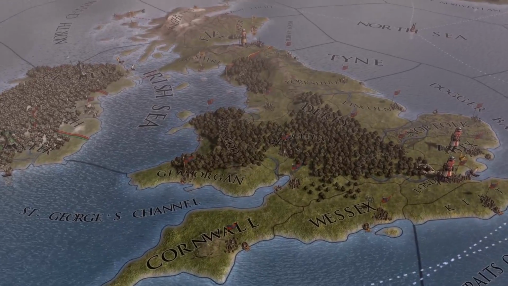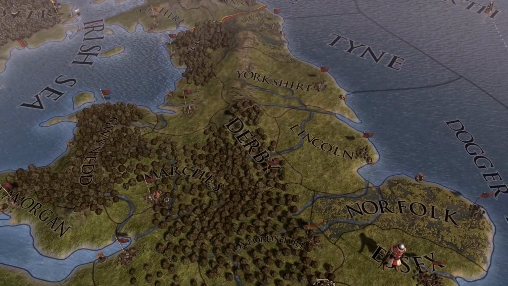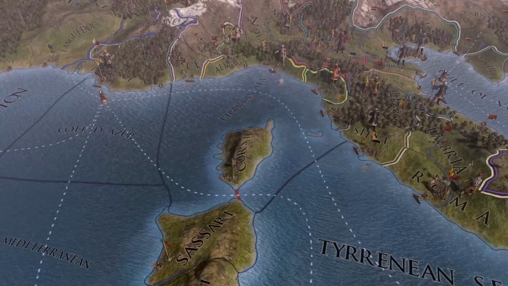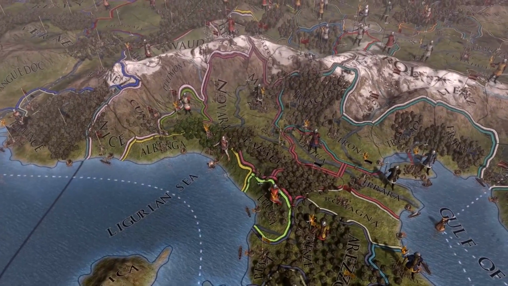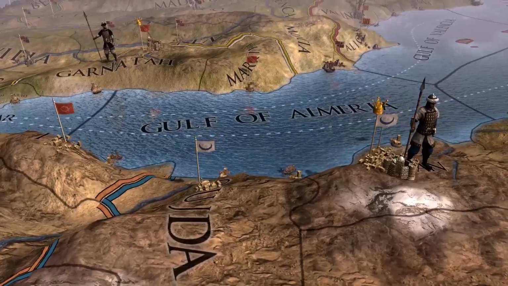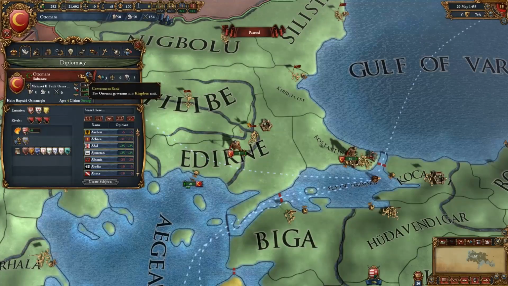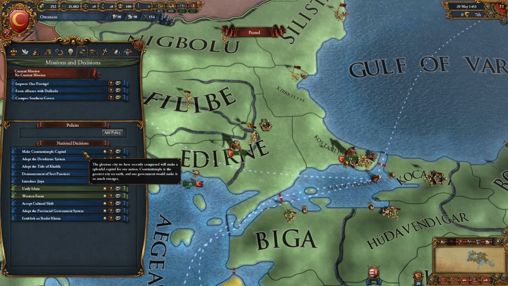Another new system in common sense is something we call government ranks. Previously, most of the rulers of Europe would be kings. This isn't strictly accurate. A lot of them were dukes, counts, or even emperors, although that wasn't so much in Europe. By adding a system of government ranks that sets each country on a scale from duchy to empire, we